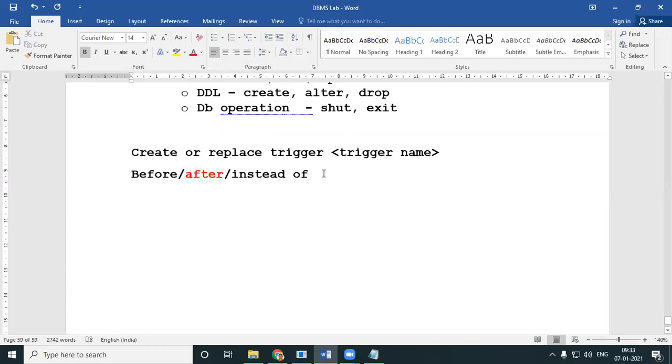It can be after an insert query, or after a delete query, or after an update query, or whatever.